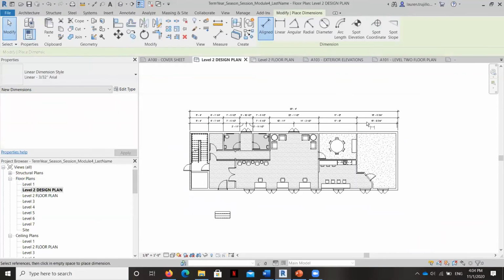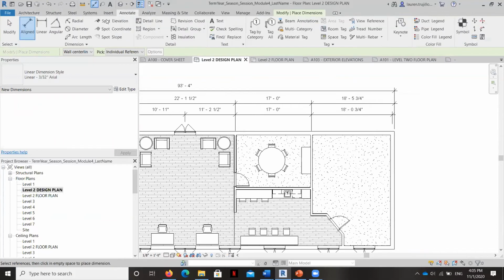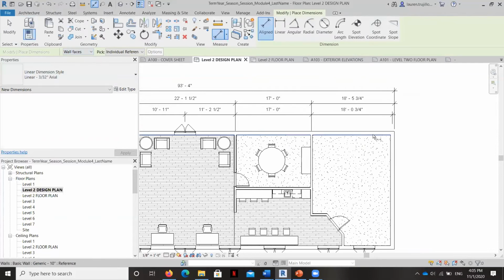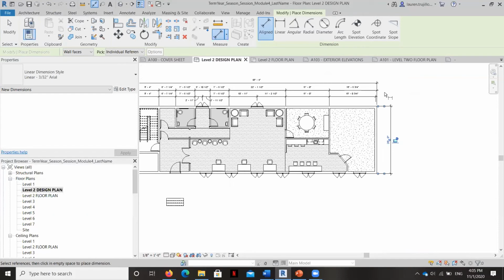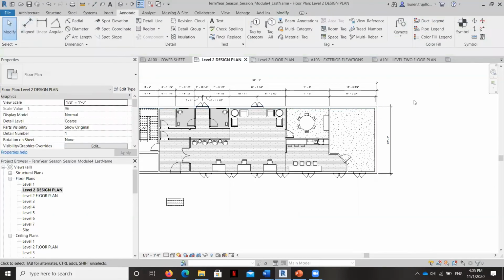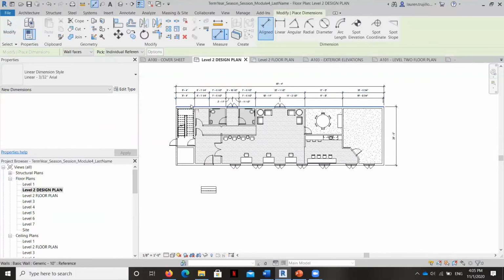I'm gonna also go ahead and dimension this side right here. And we'll go from wall face to wall face. And there's nothing here that needs to have interim dimensions on it. And then we can do the same thing here, although I'm going to skip it for right now because, like I said, we've got some information that's going to be added into this section right here. But we'll add it to this other wall here.